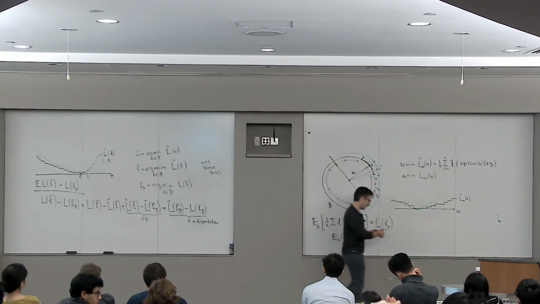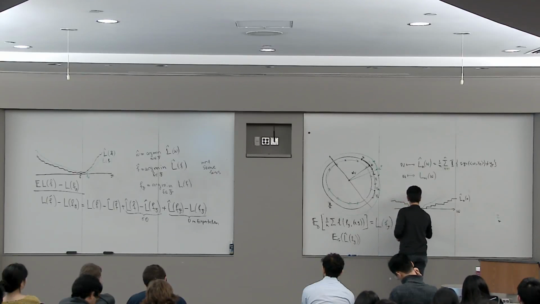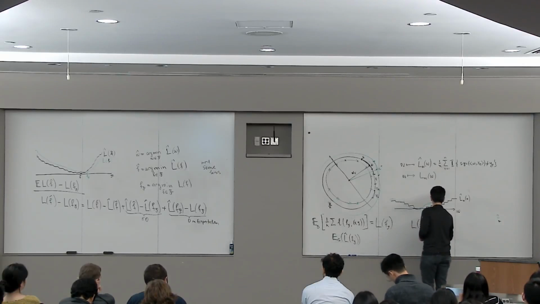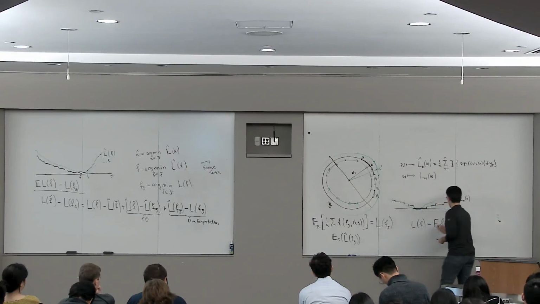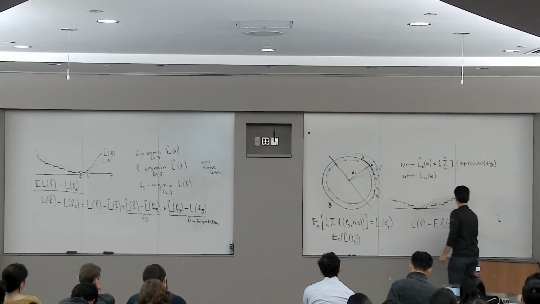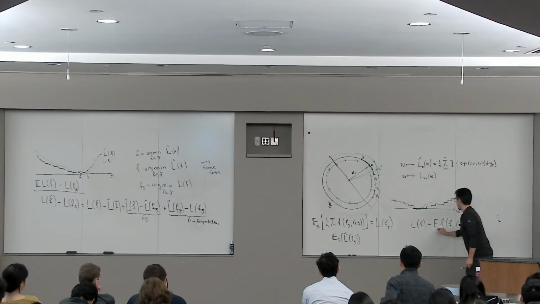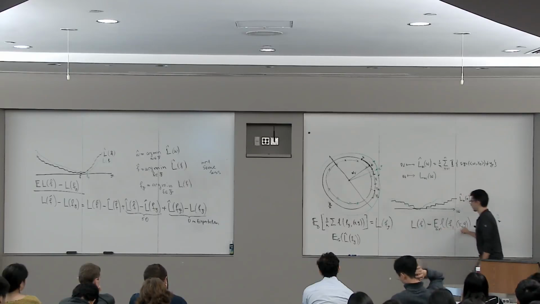L without the hat, L of f, is defined as the expected loss of f on an xy pair, where you draw